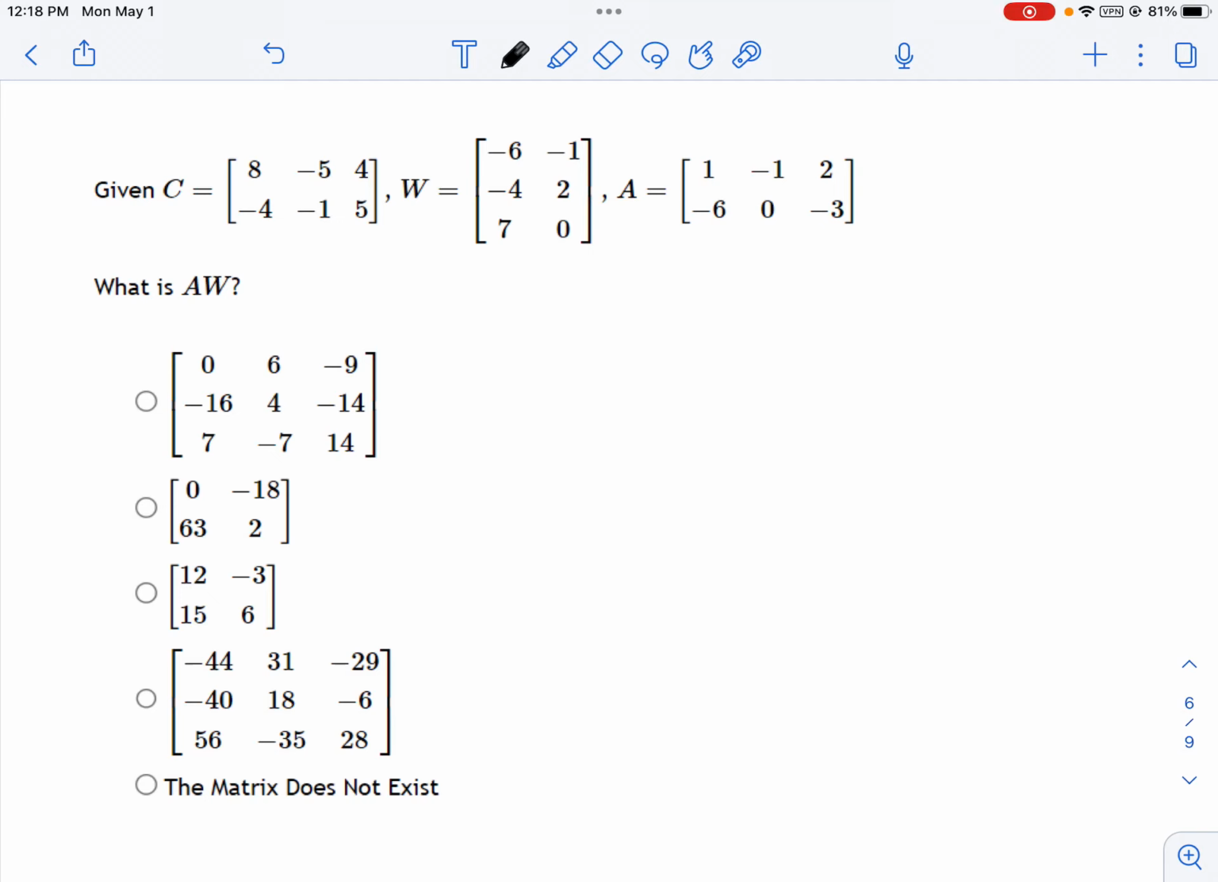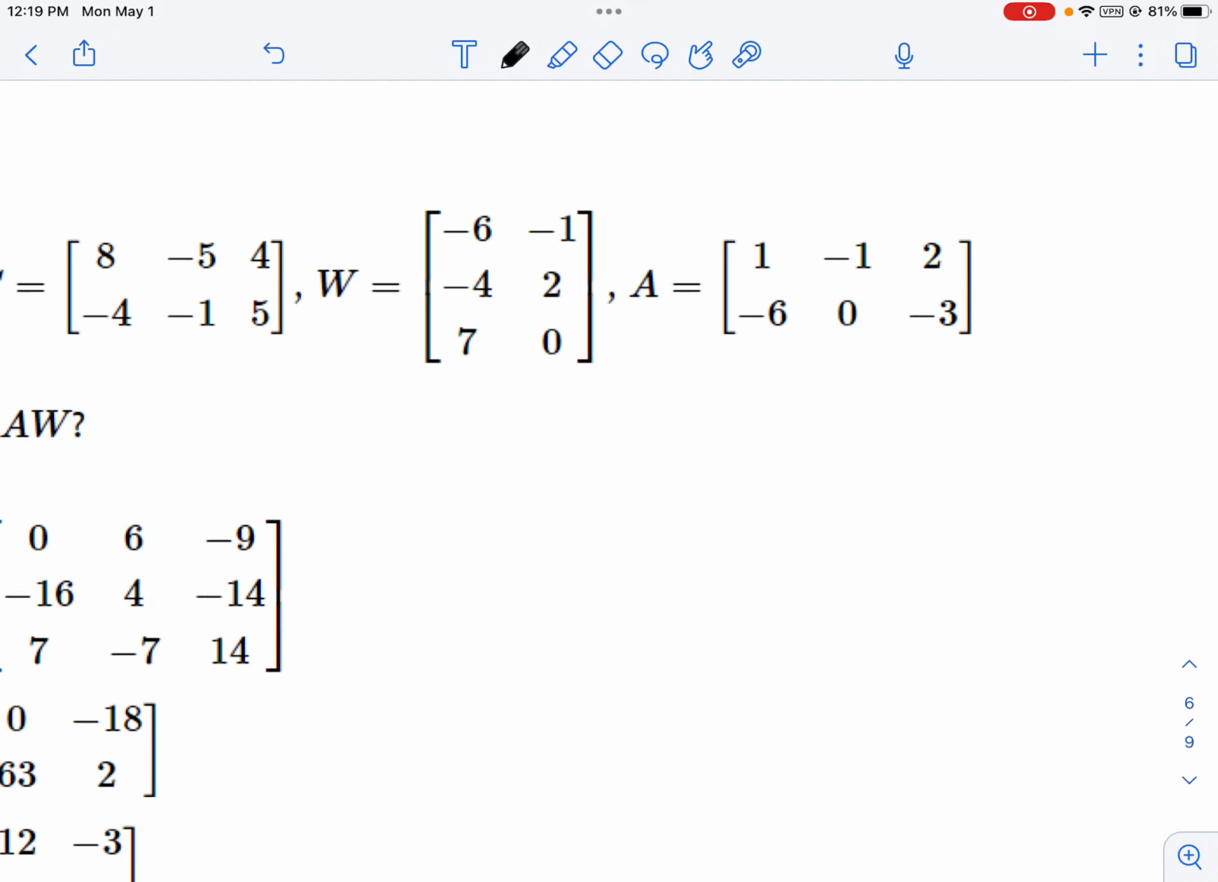So, before you do anything, your first goal is to figure out, can this product even exist? So when we're looking at this one, I'd say, all right, let's find the dimensions of each of these